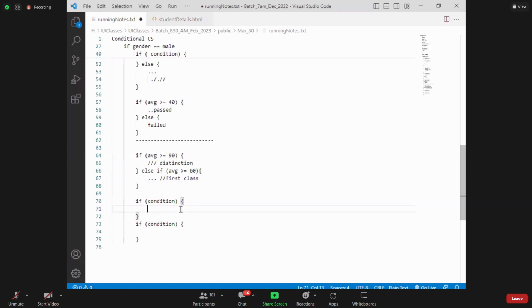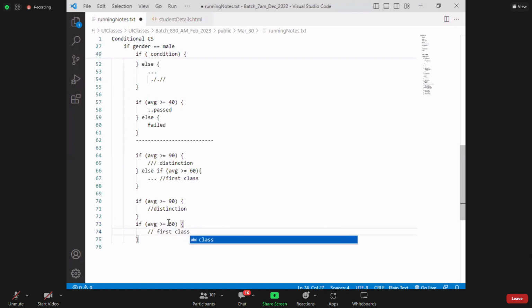The same condition here. I say AVG greater than equal to 90, I say distinction. If AVG greater than equal to 60, I say first class. Okay. Now, when I save this guy,